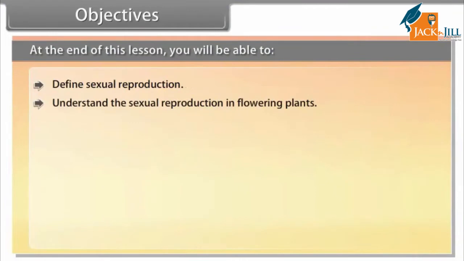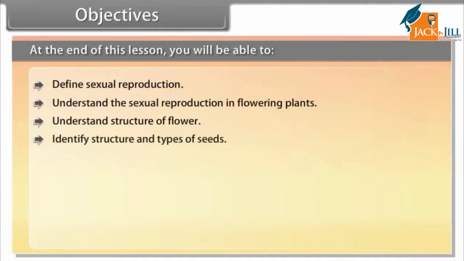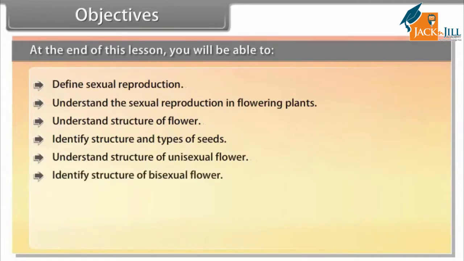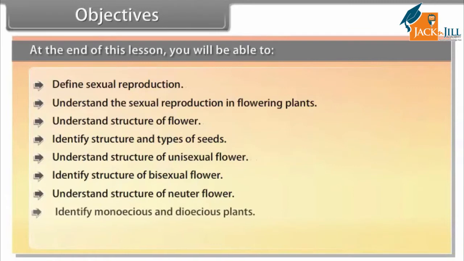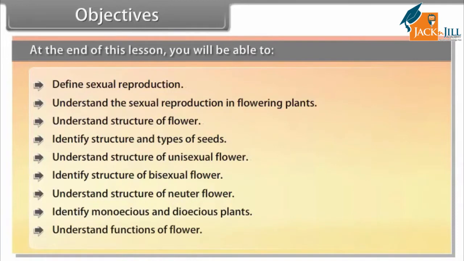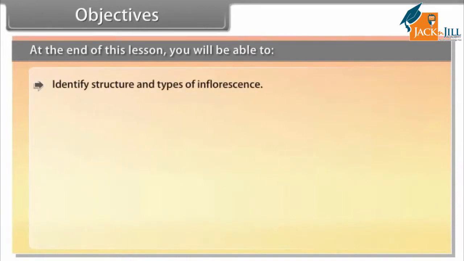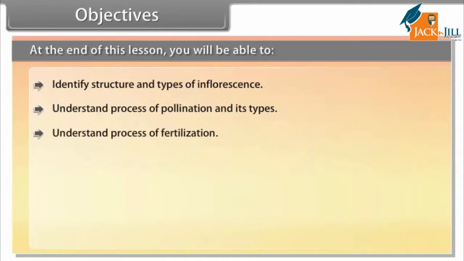Objectives. At the end of this lesson, you'll be able to define sexual reproduction, understand sexual reproduction in flowering plants, understand the structure of a flower, identify the structure and types of seeds, understand the structure of unisexual flower, identify the structure of bisexual flower, understand the structure of neuter flower, identify monoecious and dioecious plants, understand functions of a flower, identify the structure and types of inflorescence, understand the process of pollination and its types, understand the process of fertilization, identify the structure of ovule,